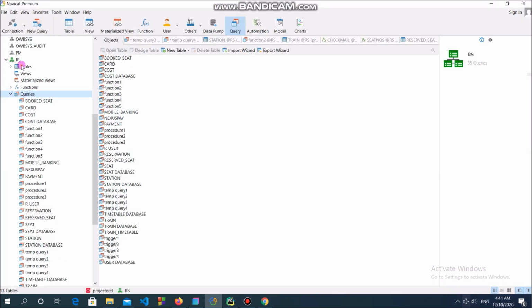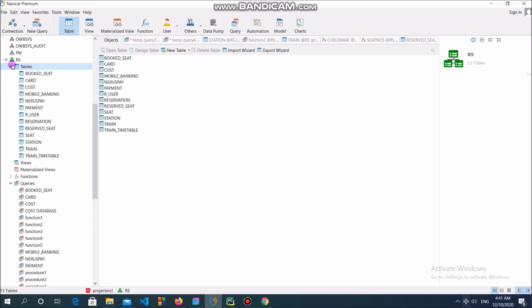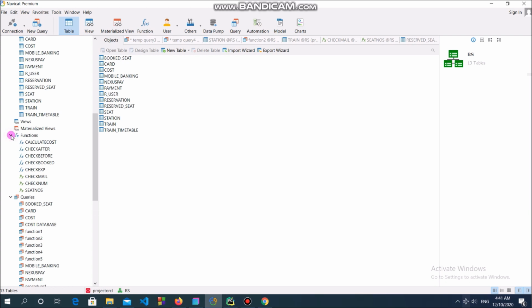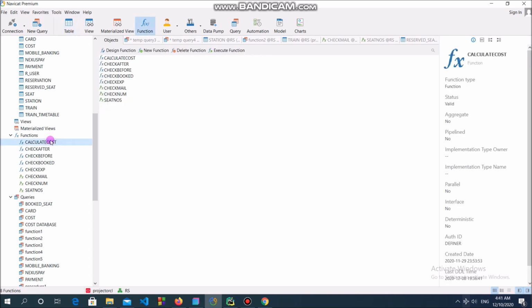Let's take a look at our database. These are the tables that we used, and these are the functions and procedures. We have used 5 functions and 3 procedures in total in our project. All of them are called from the code to implement a number of functionalities. The functions are used for calculating the cost of the tickets, for filling up the previous and upcoming journey tables, for checking the expiration date of the card and for checking seat availability. The procedures are used in auto selection of the tickets and in checking the duplicacy of email and phone number.